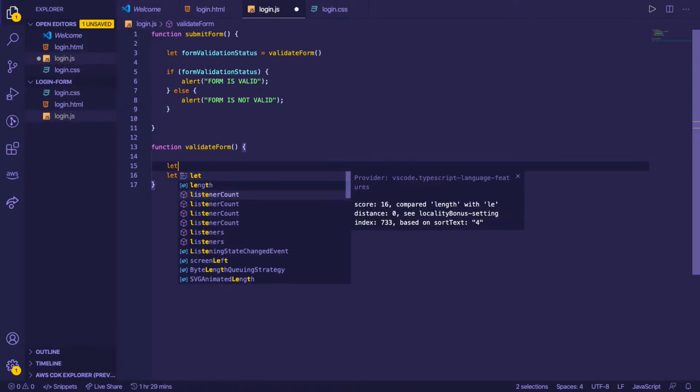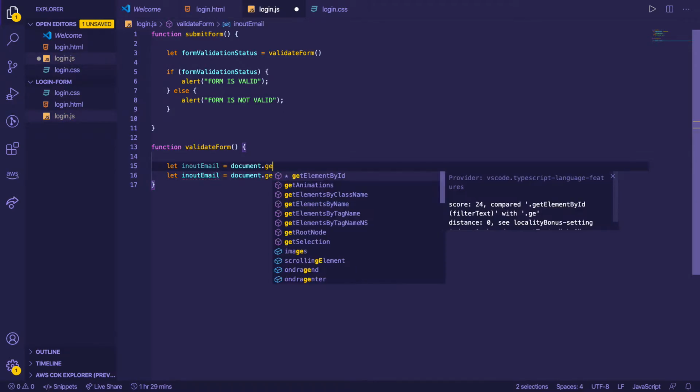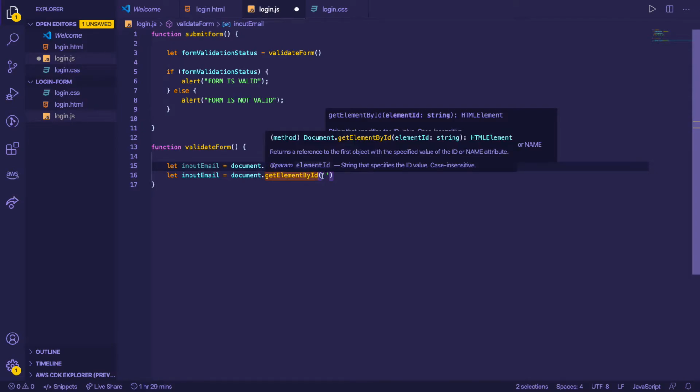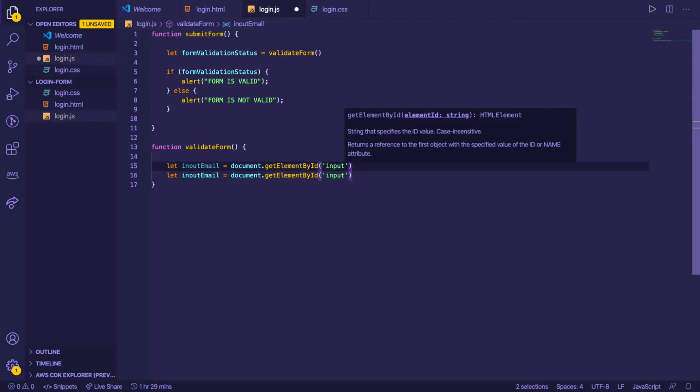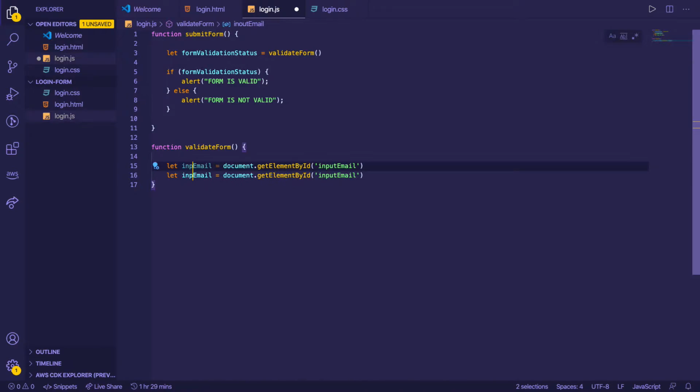I'm going to say let inputEmail equal document.getElementById, and I'm going to give these an ID of inputEmail, and not input out. Input email, I'm going to Command D to select the next instance of the word email and say